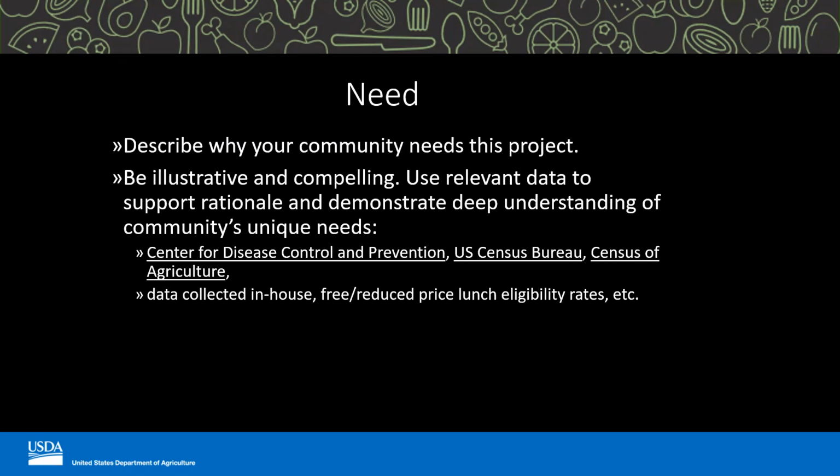Your application should clearly demonstrate your community's specific need when it comes to your project. When identifying your community's specific needs, make sure your organization's participant population is included in that description, particularly if you will serve any priority groups. This is a great place to tie in the data that you entered on the Farm to School cover sheet about the population your project will serve. Reviewers of your application should be able to visualize your community because you were illustrative, compelling, and you used relevant data. The links presented in this presentation can be utilized to support further research.